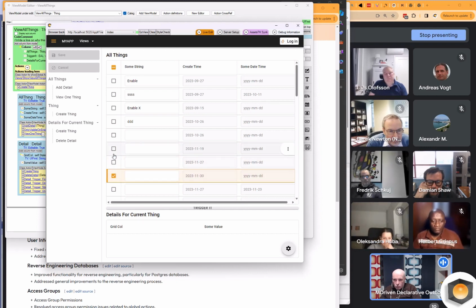But what we can do now is to check the keyboard, so it works pretty much the same as on a desktop app. If you hold down Shift, it will do the flow between the ones, and if you hold down Control, it will add or remove separately.